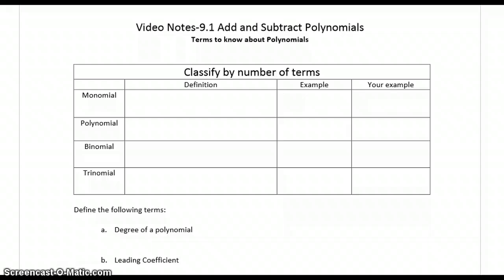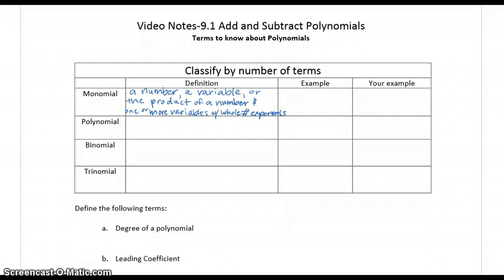So we start off with a monomial. A monomial can be a number, it can be a variable, or it can be the product of a number and one or more variables with whole number exponents. For example,